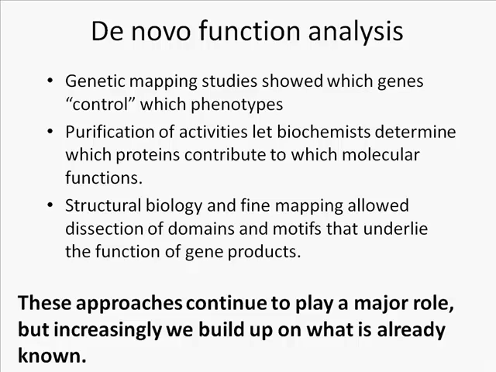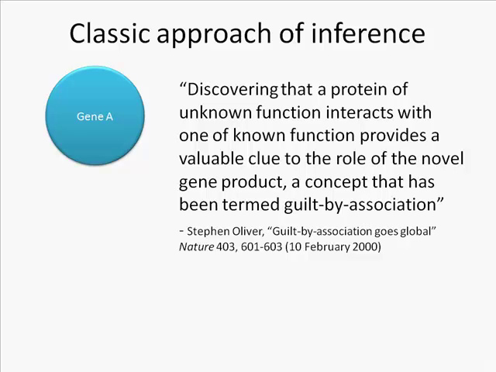Now, of course, again, people do this, but increasingly, we rely on approaches that build on this information. So we're not just doing an experiment, we're using prior knowledge. A classic approach is what we just call inference, where we have a gene A and we have another gene B. Maybe we know something about gene A, but we have a question about gene B. So if we have some way of linking these two genes together or associating them,